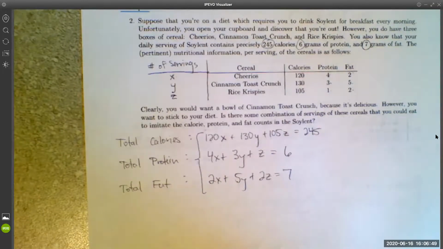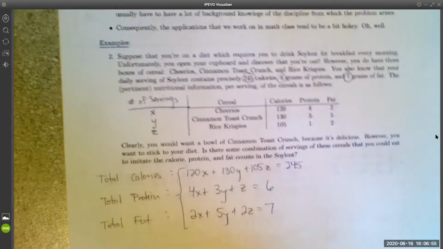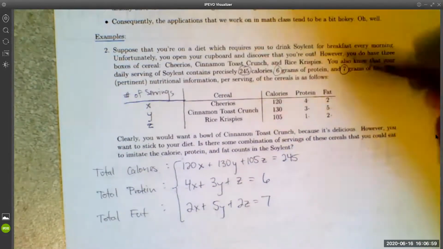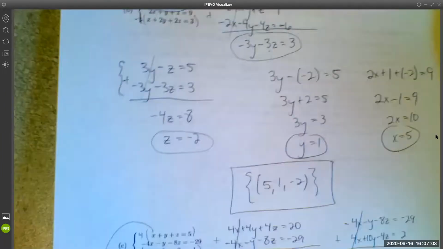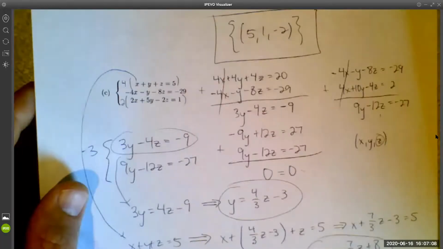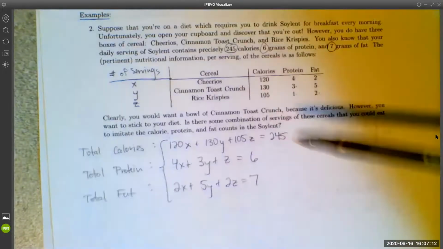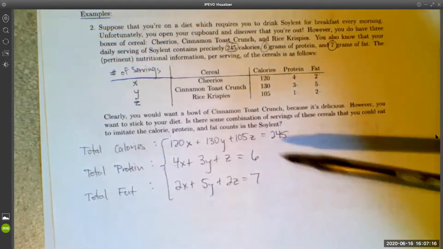I'm not going to actually solve this system. My main concern was making sure that we could set it up, right? And we can set it up. Now, if you wanted to solve this, you would follow the same strategy that we've been following to solve all of these other systems of equations, right? So I'm not going to bother actually going through and solving this, but it is interesting. You could come up with a